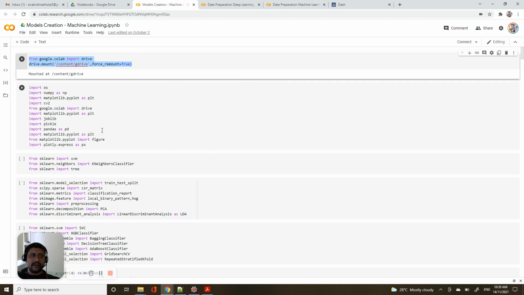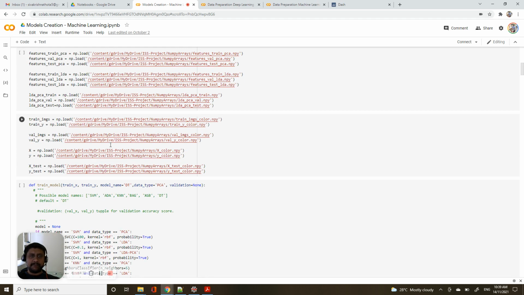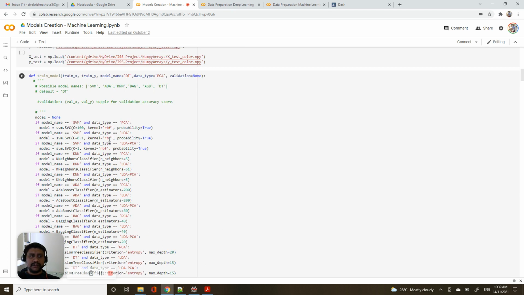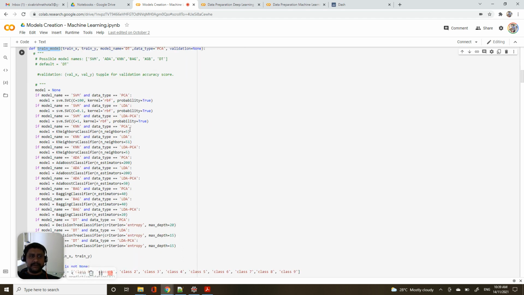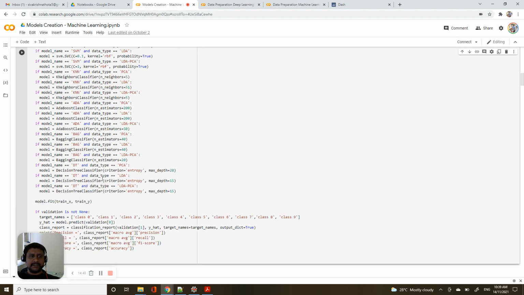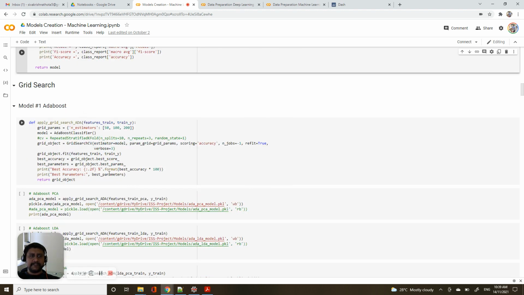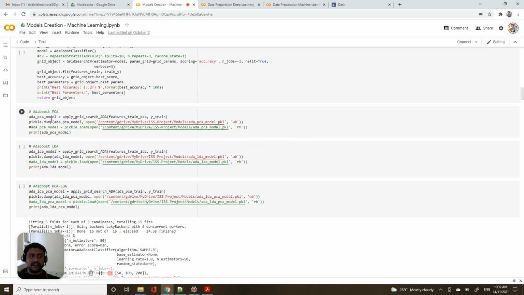Then coming to model creation for machine learning. Mount the Google Drive, import libraries, and load data from the NumPy arrays we saved in the previous notebook. This is the training of models: SVM, PCA SVM, LDA SVM, LDA PCA, KNN PCA, KNN LDA, decision tree PCA, decision tree LDA, and then I used grid search to optimize the parameters, and AdaBoost.